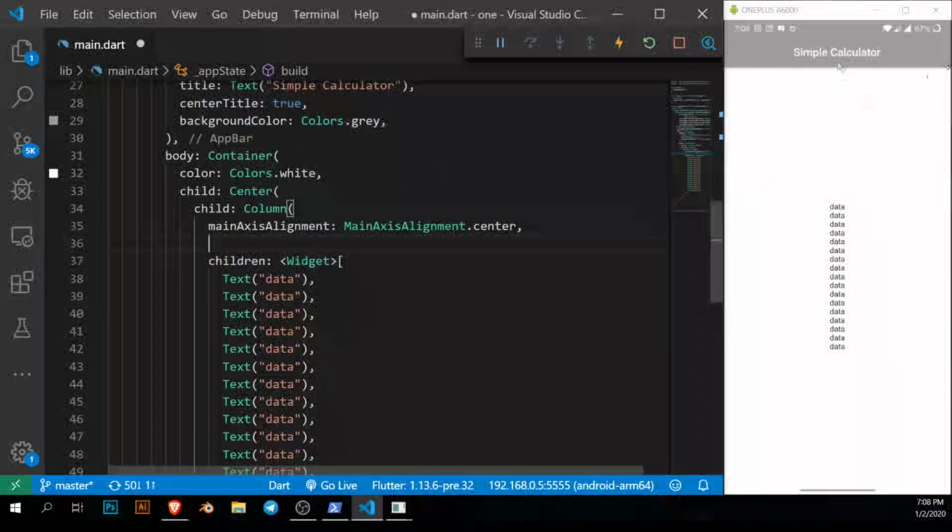So what happens is main axis. This is the main axis. This one is the main axis, and we are centering everything. And what this center does is it's actually going to center from the cross axis. So now let's say